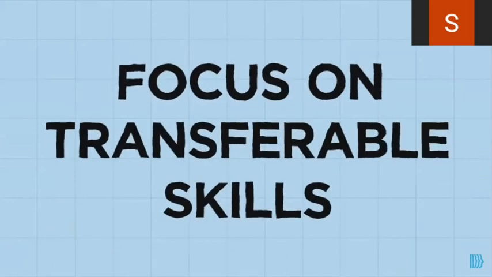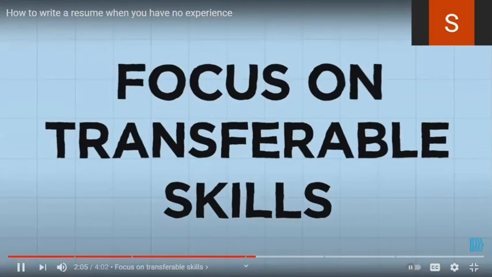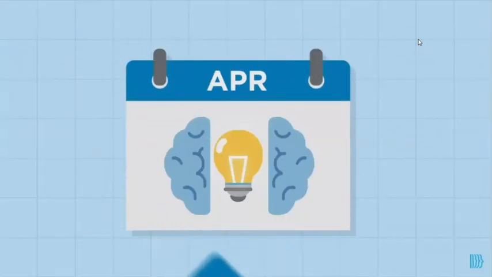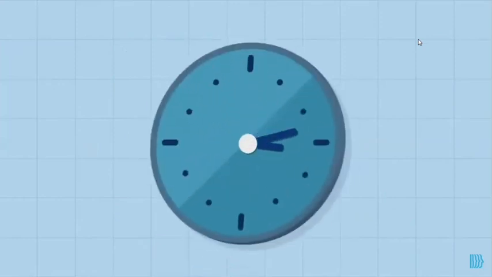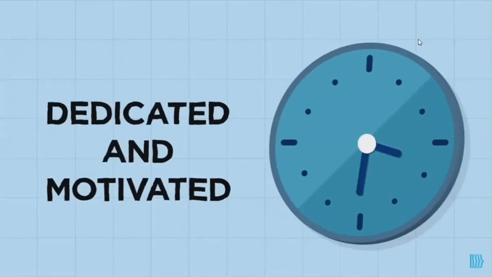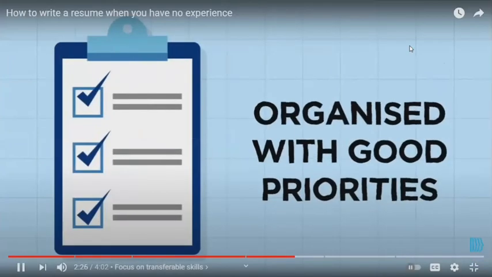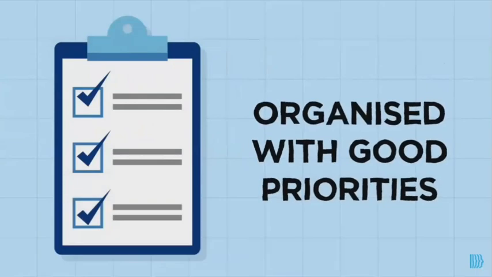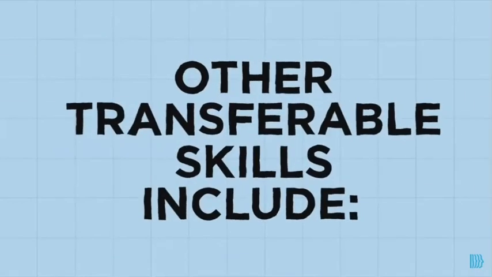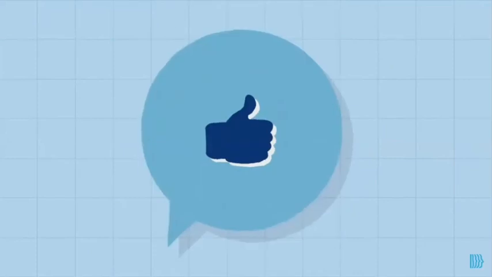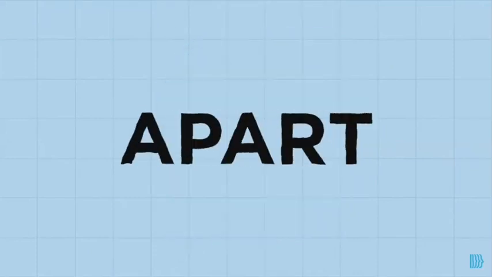Employers love it when you include that you have skills to do certain tasks. So, brainstorm. Think about the times you've applied transferable skills to your everyday life. Do you meet deadlines for projects at school? This is an example that you are dedicated and motivated. Are there any times in your life when you created a to-do list to accomplish something? This is an example that you are organized and prioritize your tasks and requirements. Other skills you may be able to include are communication skills, listening and writing skills, people skills, compassion, confidence, and motivation. So, what sets you apart from others?